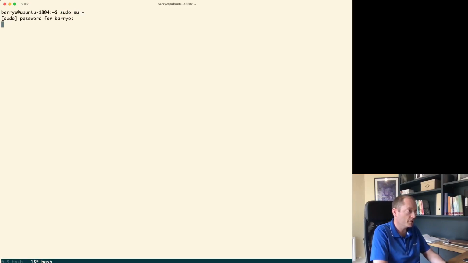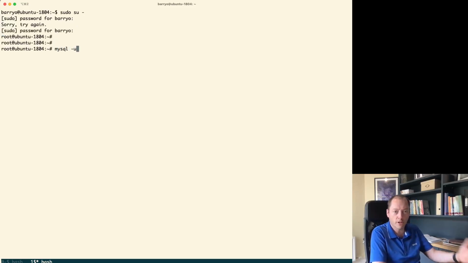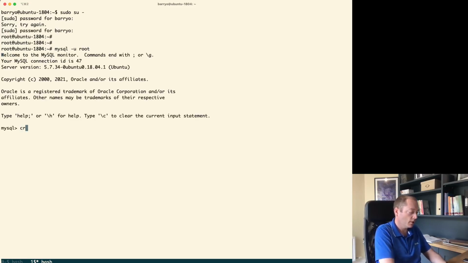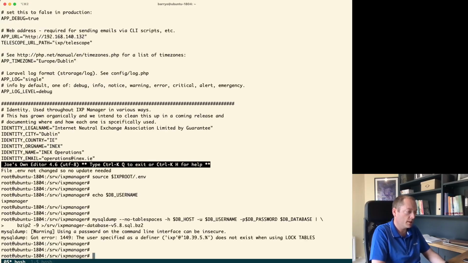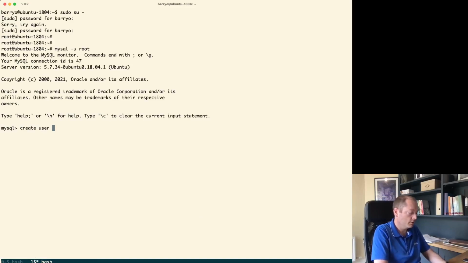So I'm going to go into MySQL as the root user. So just go into the root user on the operating system and then log into MySQL as the root user. I'm going to create user. What was it again? It was IXP at this. Okay. So create user IXP at,